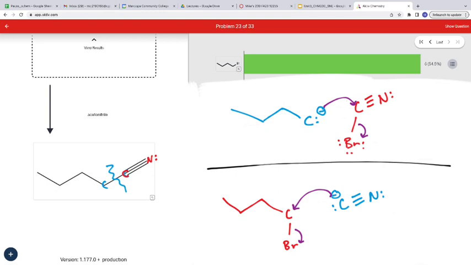SN2. So we're looking at backside. If I did a backside attack, what's the backside of the carbon-bromine bond? Electrons, which are blocked. Okay? So I don't like the formation of a carbocation because it's not stabilized. I don't like the backside. So no carbocation means no SN1. No backside means no SN2, which means